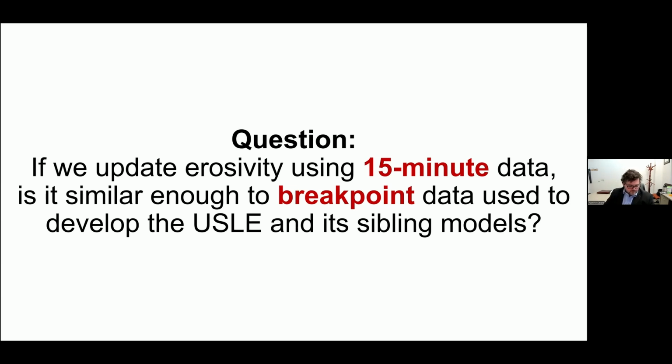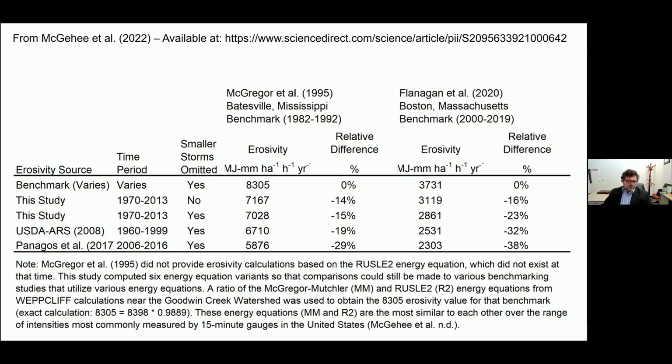Now, all of the maps I just showed you, you remember I showed you the asterisk, it was showing you results based off 15-minute data. All of these are based off that. None of these are looking at the breakpoint data, which is what was originally used by Wischmeier and Smith. And I think it's a significant risk factor. I also told you, if you remember, there were 2 points on the map that I showed that were in Mississippi and Massachusetts. The reason that that concerns me, and this is available for anybody, and I will annotate this just briefly so you can see better.